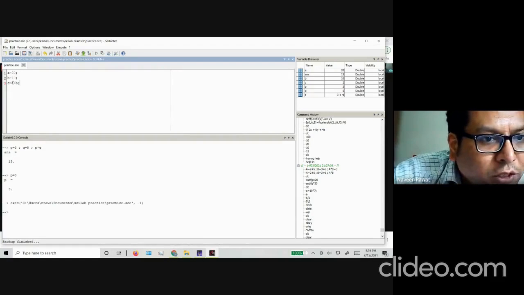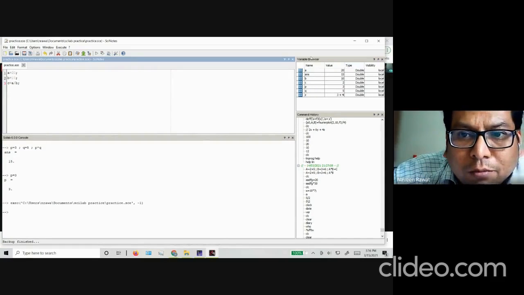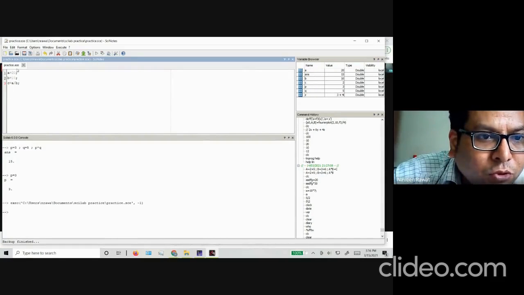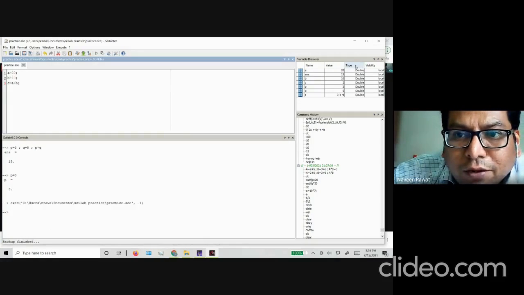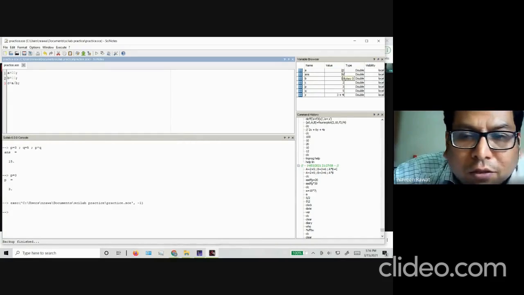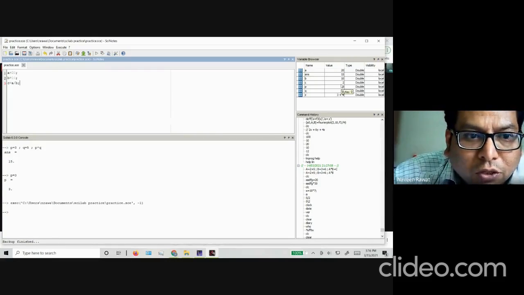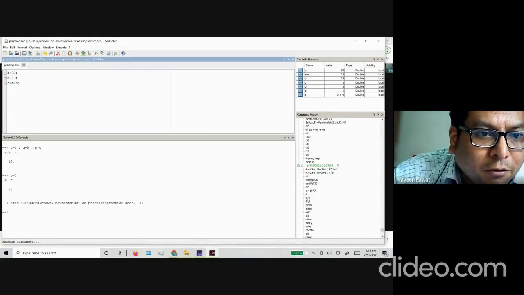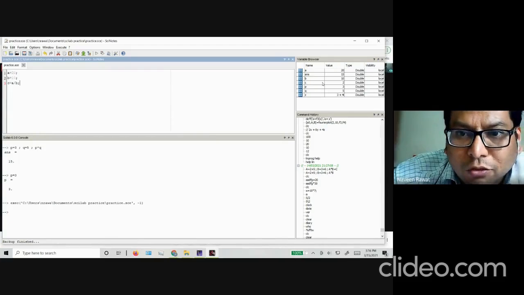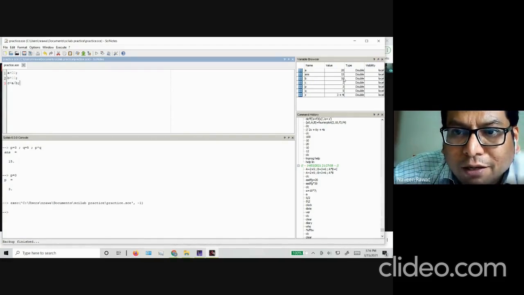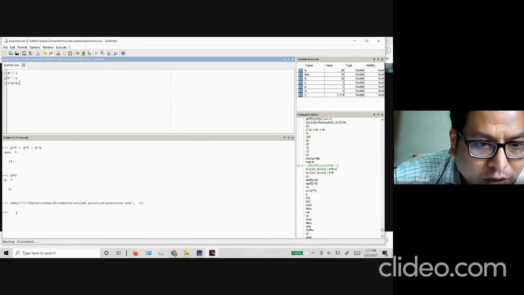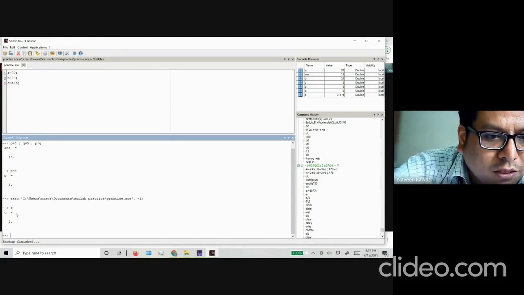Once you execute this file, you will see in the variable browser these terms should appear. So a, you see, is defined as 20 here, you can see on the top right hand corner. Similarly, b is defined as 10, and now c, you see, is already calculated and the value is 2. So you can check whether the program is working or not. You can see all these variables are correctly defined in your variable browser. And if you type just c, you should see the value 2.